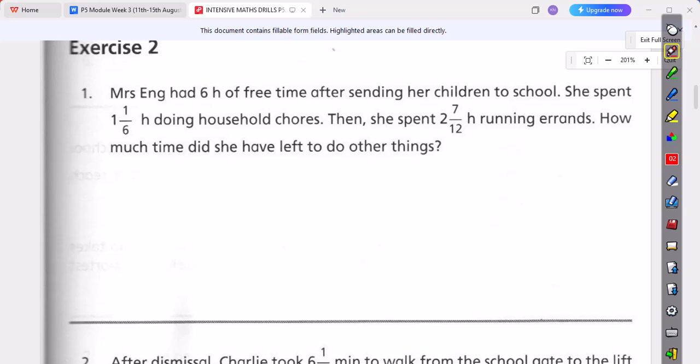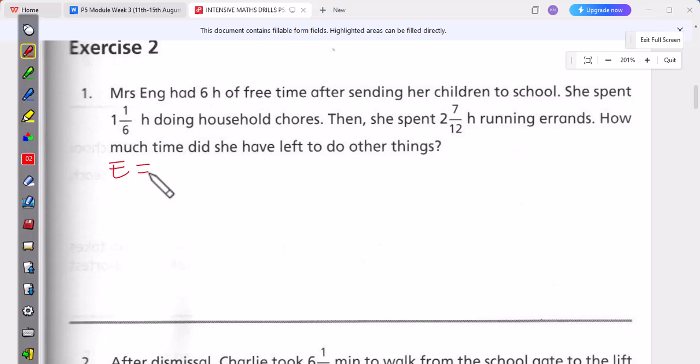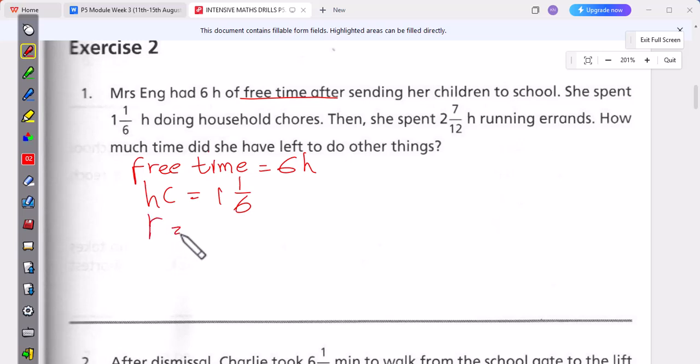So we need to change this into symbols first. Let's say Mrs. Eng becomes E, and she has 6 hours. The difference is about time here. So we have free time, 6 hours, and household chores for 1 1/6, and running errands for 2 7/12. So the question is, how much time did she have left